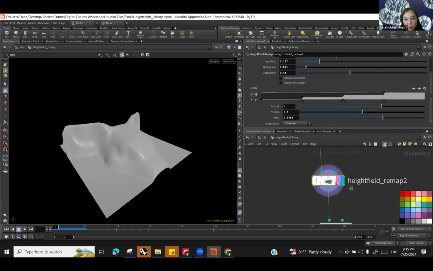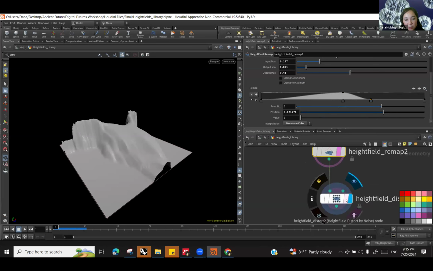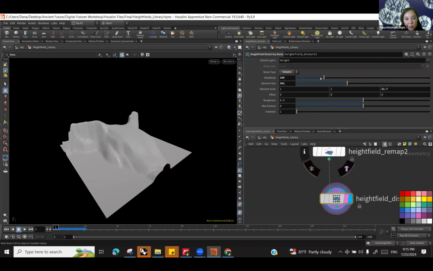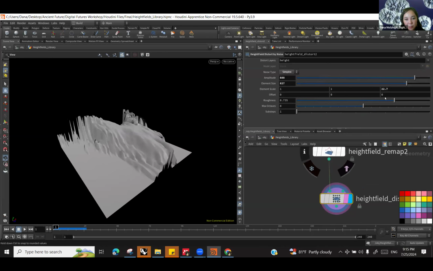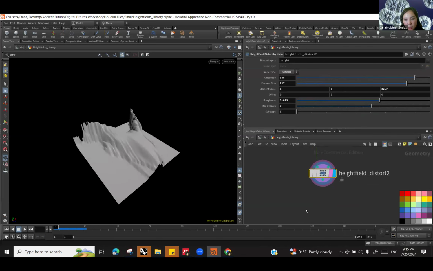You can remap it, of course, again. You can distort it. You can add